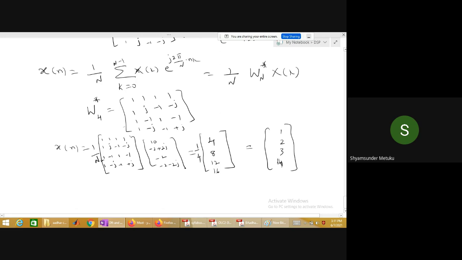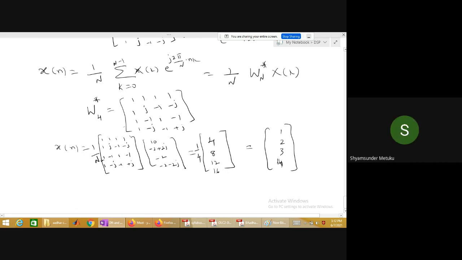See, we are trying to calculate the time domain back, no? So you are expecting the result should be 1, 2, 3, 4. So in that case, it should be real only. Finally, we did two things. Finding DFT by using the standard equation for a 4-point, which takes a lot of time. Then we adopted a transformation matrix, which simplifies the calculation and gets the result a little faster. Yes or no?